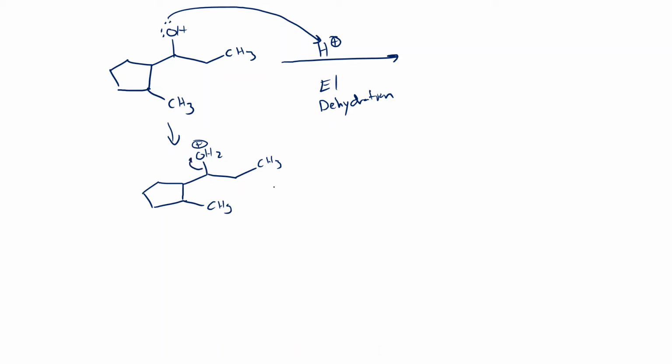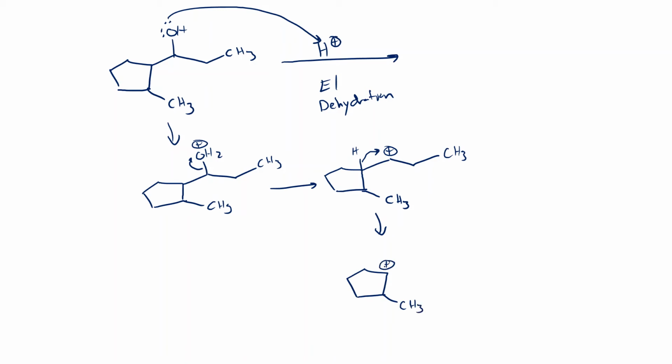That activated alcohol is going to leave. And this is a lot of different things going on in one mechanism because we're going to get a secondary carbocation, but immediately we notice that we have a secondary cation next to a tertiary position. And so this is going to rearrange. That hydrogen will move over. We'll get a tertiary carbocation, and now at long last we can do our E1 elimination, right, where water is